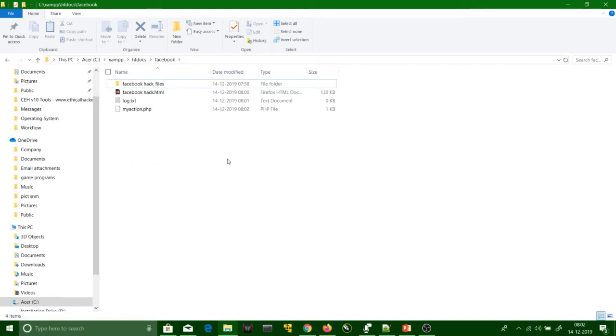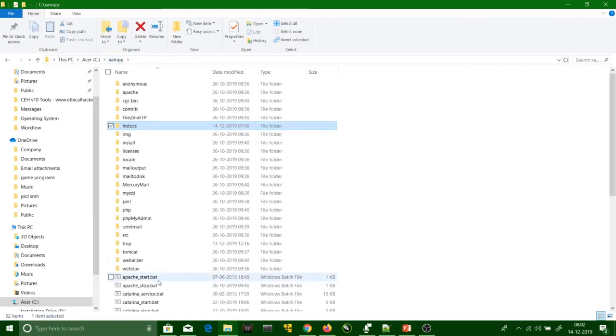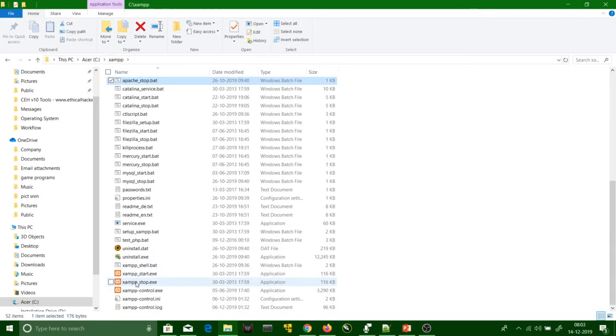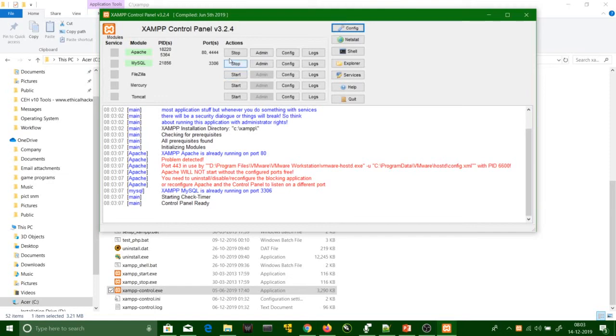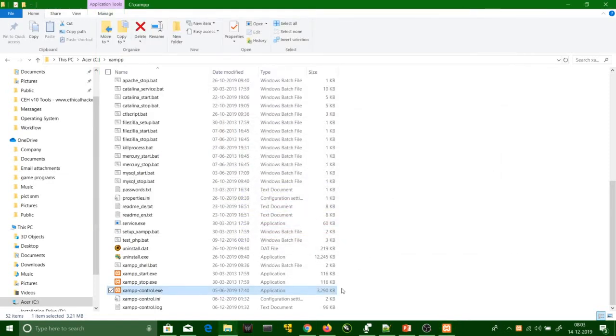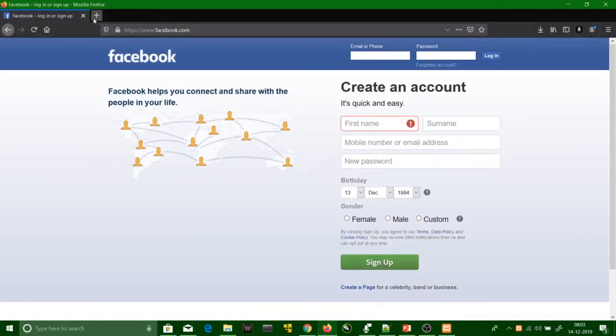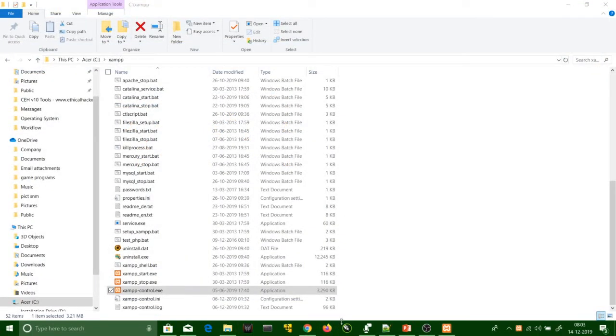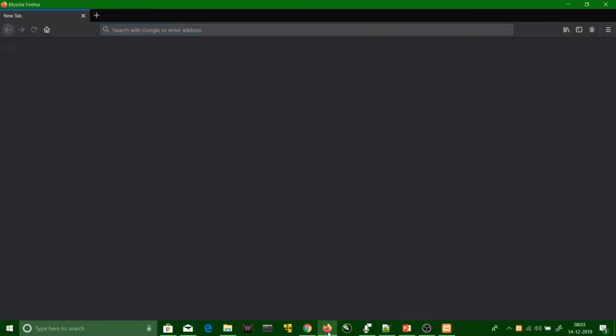Now your server is ready to do the phishing. As it is hosted on my localhost server, I will start my localhost server. So it is started. Now I can visit it in the browser.